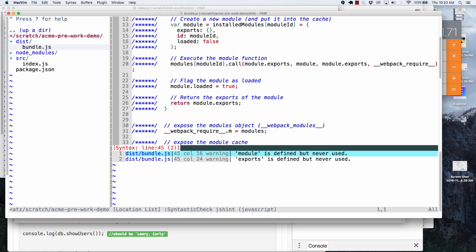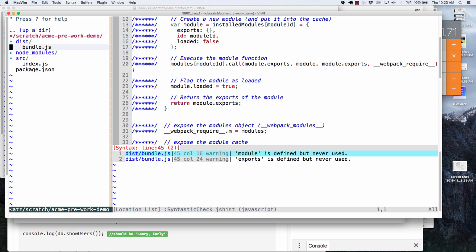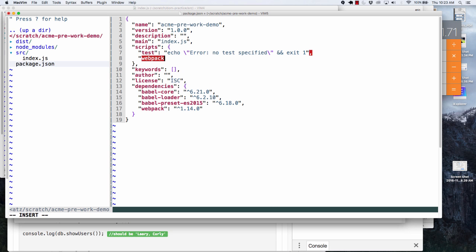So one other thing I'm going to do here is that I don't want to have to keep on running this command. Instead, what I'm going to do is go over to my package.json, and I'm going to create a webpack command. I could call this whatever I want to. I'm calling it webpack because I'm using webpack in this command. And I'm going to go node_modules, webpack, bin,